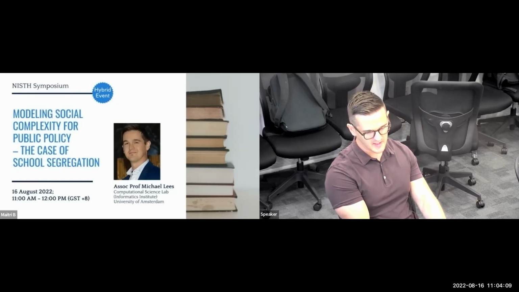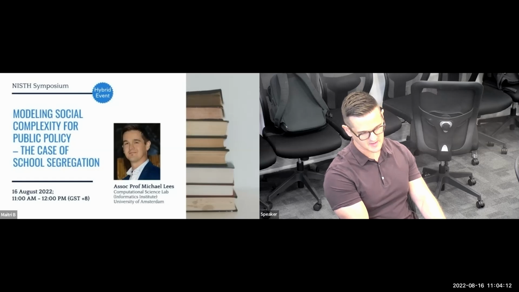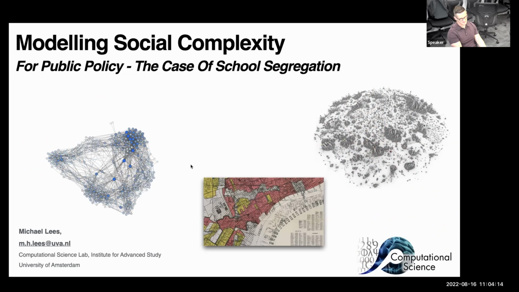That's where my research over the last 10 years has really started to evolve, using a complex systems approach. In the first part of the talk I want to explain what I mean by that, and how it's useful particularly for social systems. Then I'll talk about one project we have at the Institute for Advanced Study on trying to model and understand school segregation, and I'll explain what that is as well.